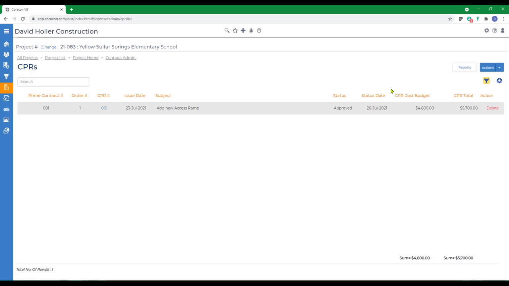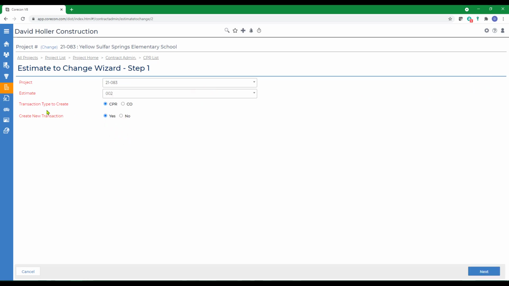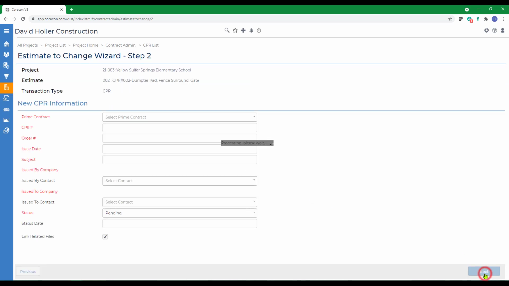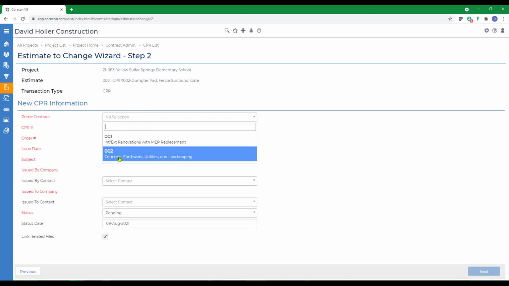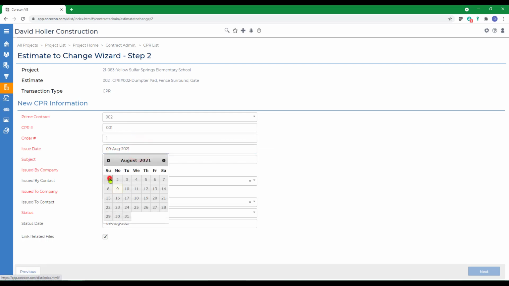Another way to add new CPRs is from the contract admin landing page, or since we're already in CPR lists, let's go to Actions and let's add a new CPR from an estimate. An estimate's already been prepared in Corecon for this specific purpose. We're also going to create a CPR, and this is also a new transaction, and click Next. All of the fields marked in red are required, so we're going to go ahead and select the prime contract that's already been marked approved, set an issue date, a subject,